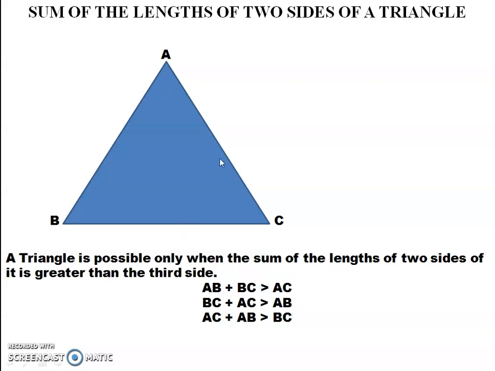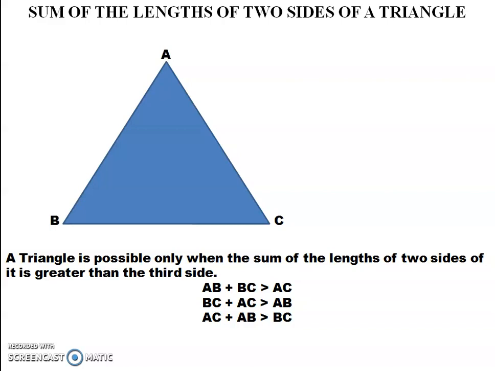BC plus AC should be greater than AB. AC plus AB should be greater than BC. If these three conditions are true, the length given to you will be possible to draw a triangle with that